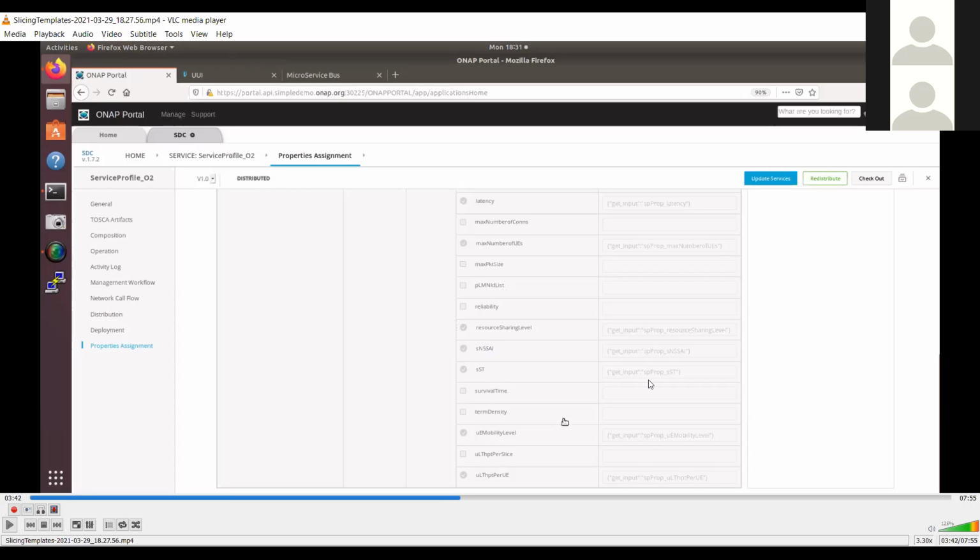It could be an eMBB slice, or a URLLC, or any other; there are 3 or 4 types of slices defined as per the standard. All these fields are defined as part of these templates. Some of them we are doing get input, and for others, as we create the final CST template, we will fill in those values, and this template will be stored in the AAI in ONAP.